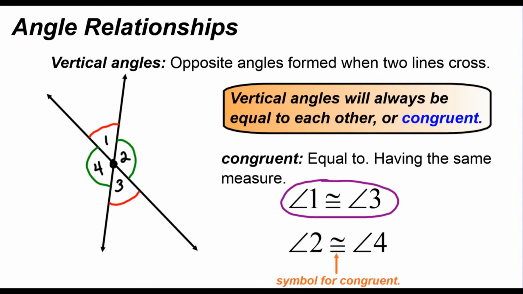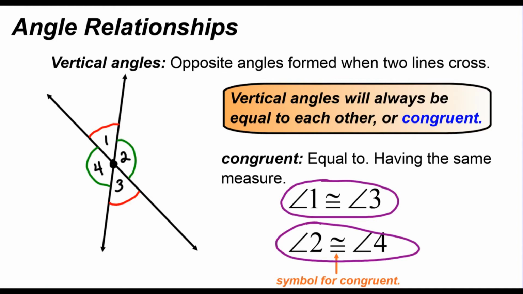Also, we have another pair of congruent angles, or angles that are the same, and that's angle 2 and angle 4. Angle 2 and angle 4 are vertical angles. That means they're across the vertex from each other, and they are also congruent. So vertical angles will always be equal to each other, and vertical angles are on opposite sides of the vertex